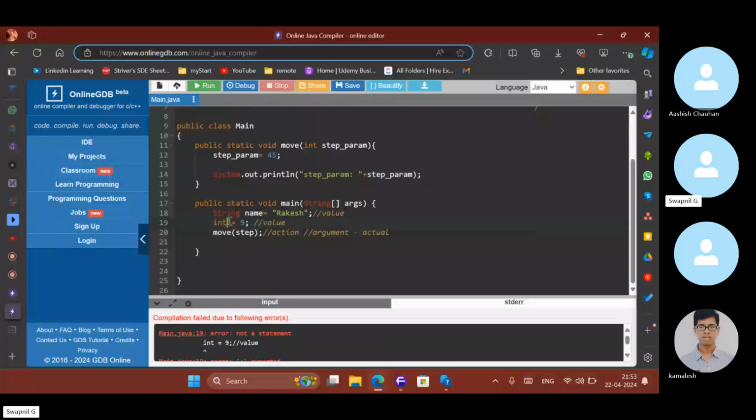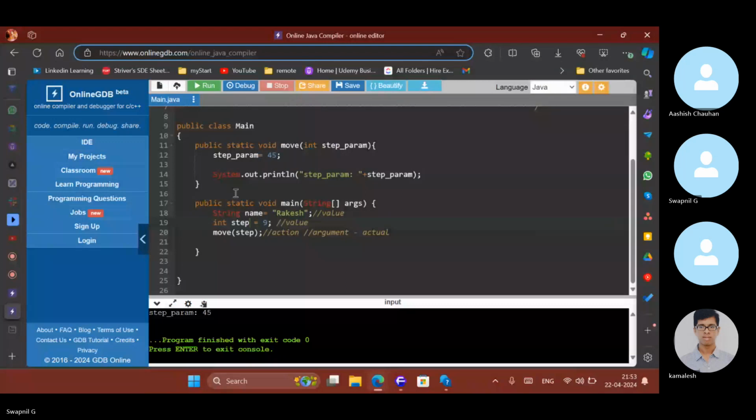If I change the value, what will you get? 45. Why are you getting 45? Because we are printing it from the function, and scope.